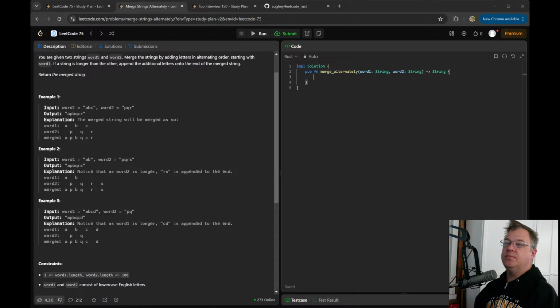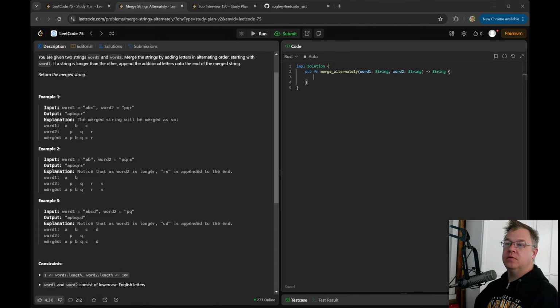Let mute output equal vec new. And for let word 1 equal word 1 chars.